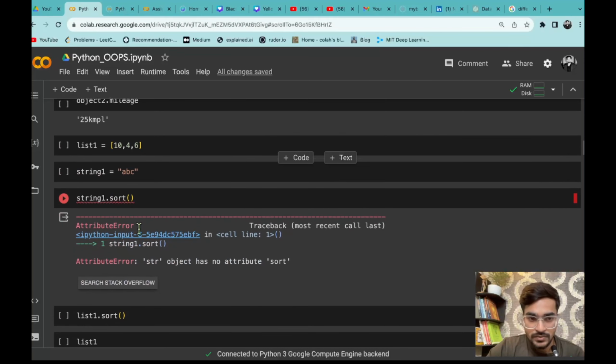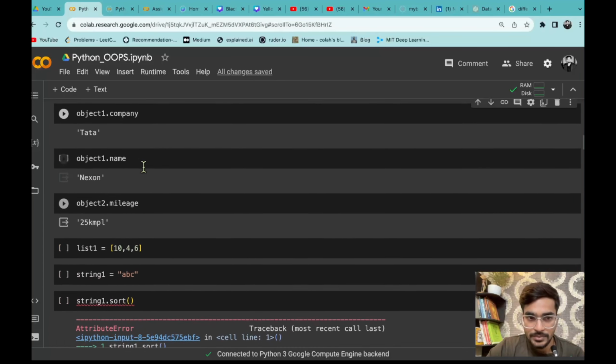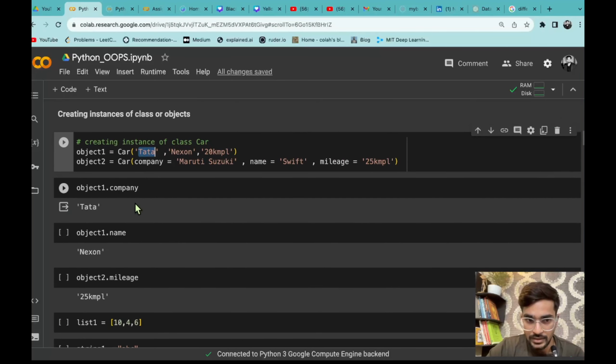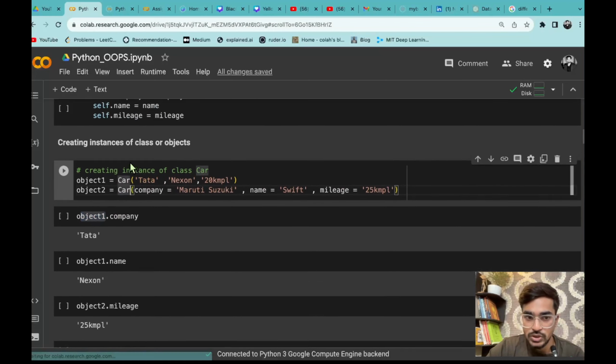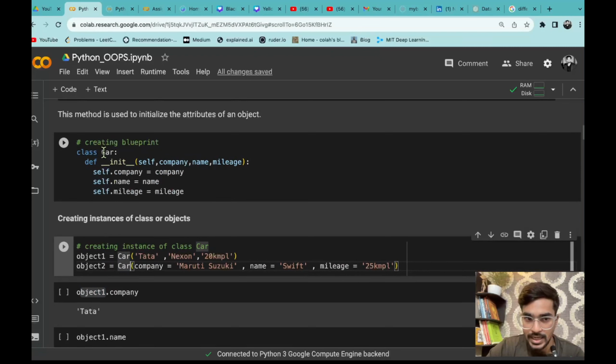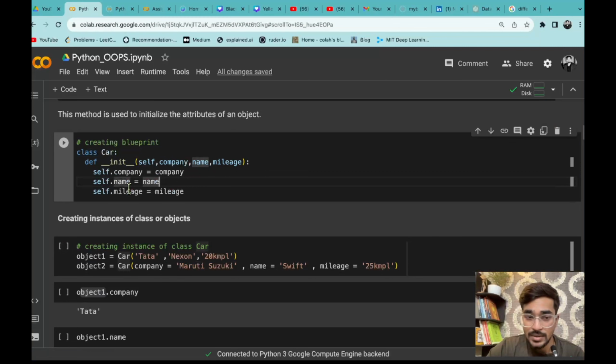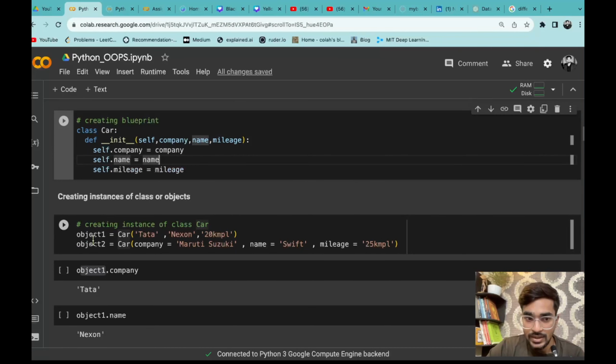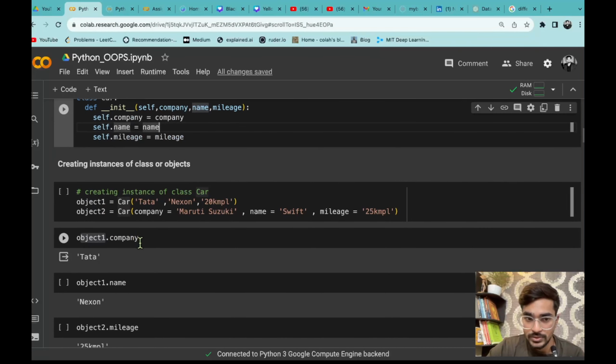Then we saw one thing: whatever attributes or methods you define should only be applied on the objects of the class in which you defined them. Like in the car class you have defined attributes, company name, mileage. So if you have defined all these attributes in the car class, then if you create any object that belongs to the car class, you can call those attributes.